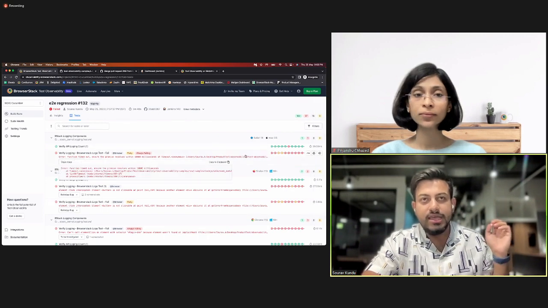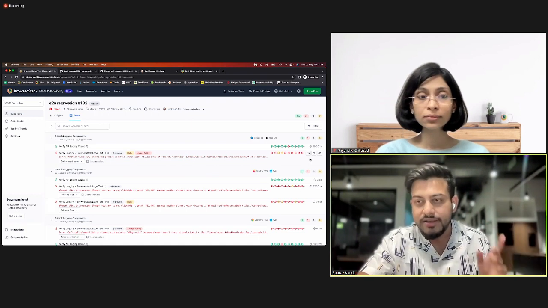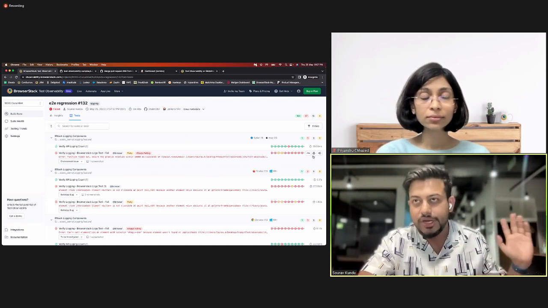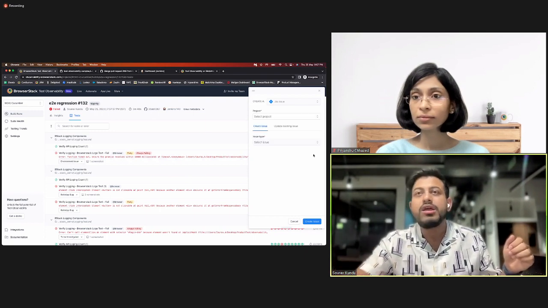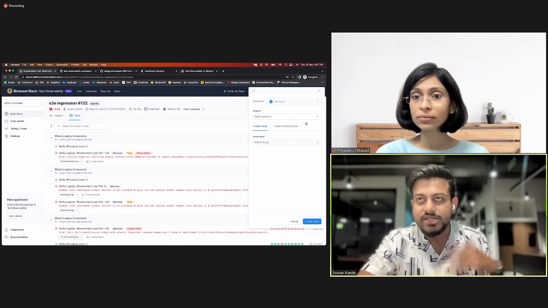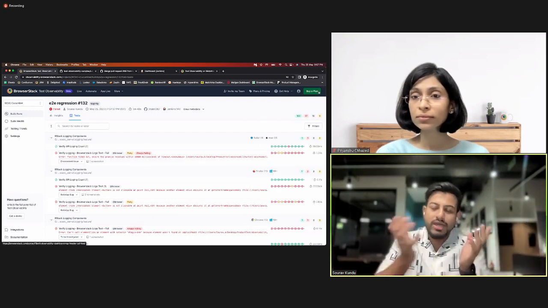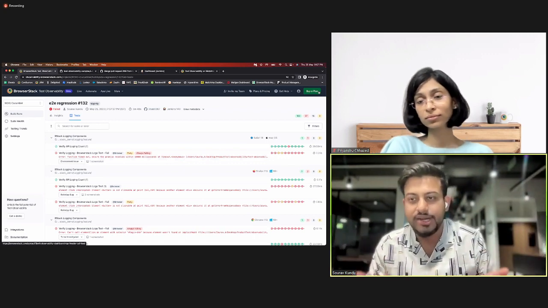And let's say you already determined that, okay, this is a failure. I want to create a Jira ticket. You can do it from here. You can directly create a Jira issue in any project and select any issue type and just file that bug. Now you might wonder, okay, what's so cool about creating a Jira ticket? You may just go to your Jira and create a ticket, right?